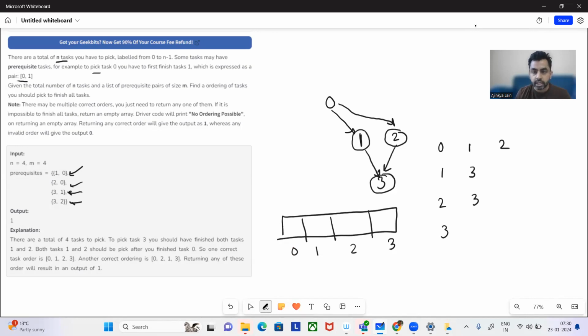Now we'll go through the adjacency list and find the neighbors. For example, we'll iterate through 0 and find its neighbors. What is the neighbor of 0? The first neighbor of 0 is 1. So we'll increment,